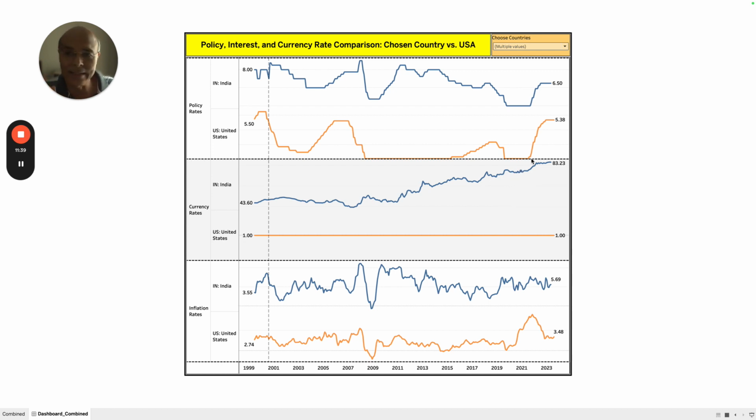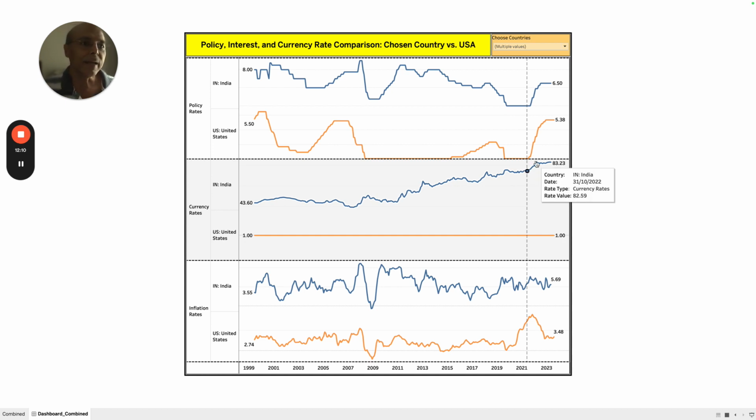You can select any other country. Now look at this particular situation. The policy rate of India was set at 4%. The US also brought down the policy rate to 0.13%. So at that time, you will find that the Indian currency was held stable, because this gap actually was maintained at a constant level. So if it is constant, the currency also is held stable, unless and until the RBI or any other factor impacts,